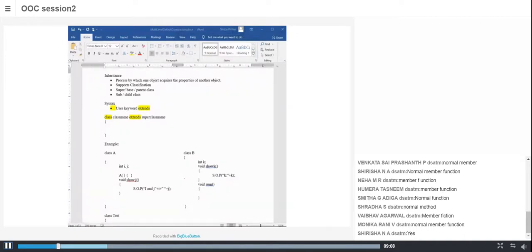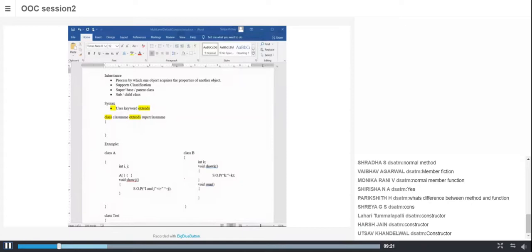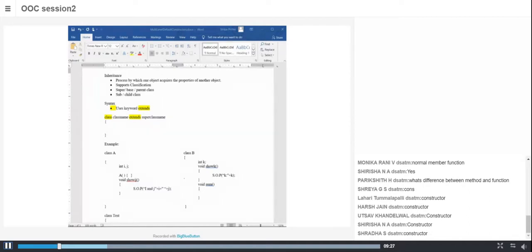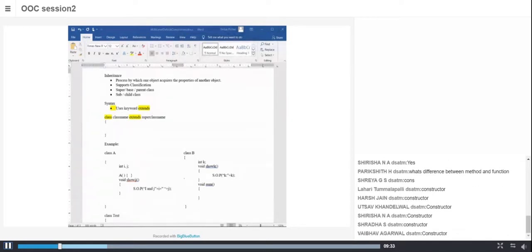So now what is this A member function? Method and function are one and the same. So A is a constructor here. I have defined it, I'm not doing anything. So now I hope all of you are familiar with what a class is and the members of the class.